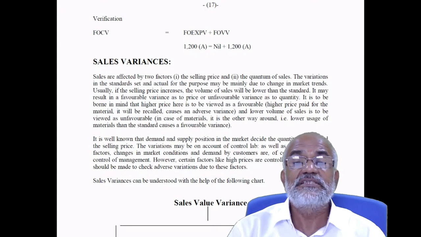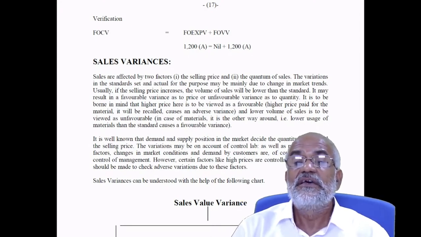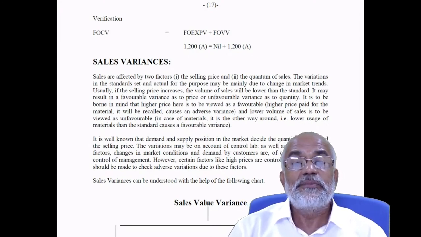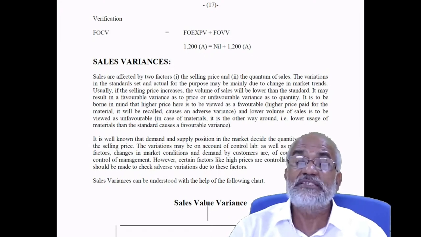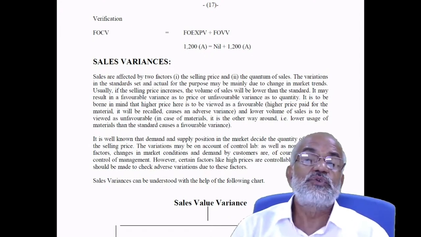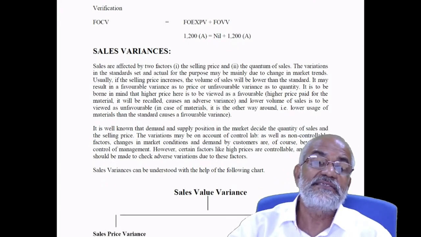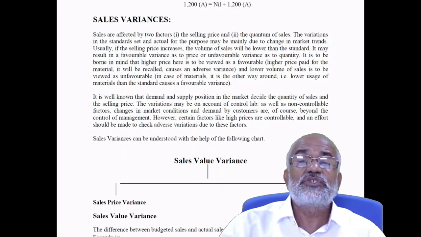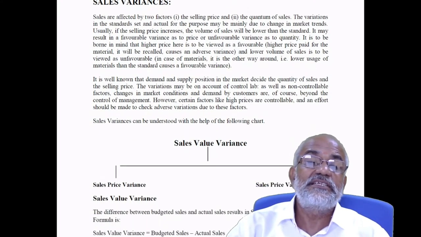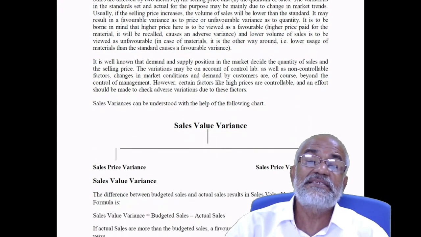Changes in market conditions and demand by customers are of course beyond the control of the management. However, there are certain factors like high price that are controllable by the management, which is within the hands of the management, and an effort should be made to check adverse variations due to these factors. Sales variance can be understood with the help of the following chart. It is of two types. One is sales price variance, another is